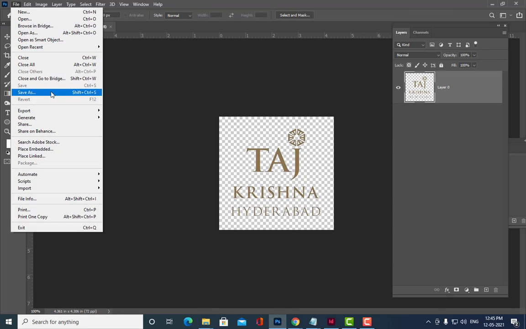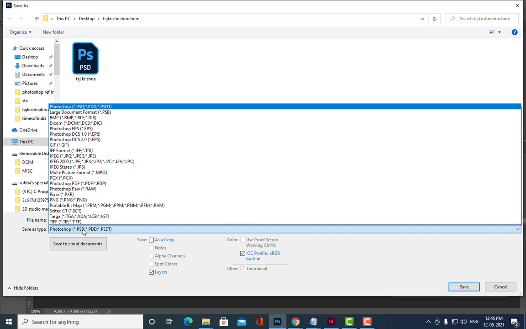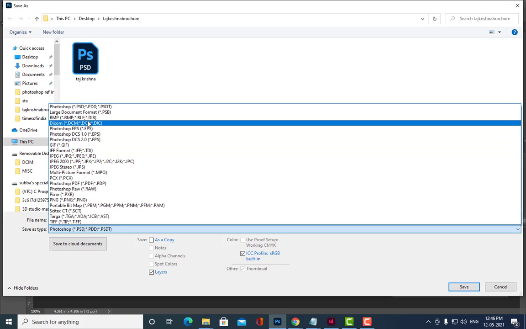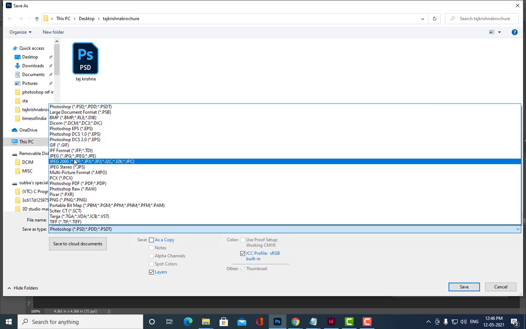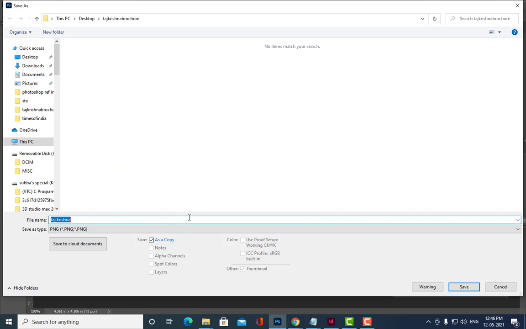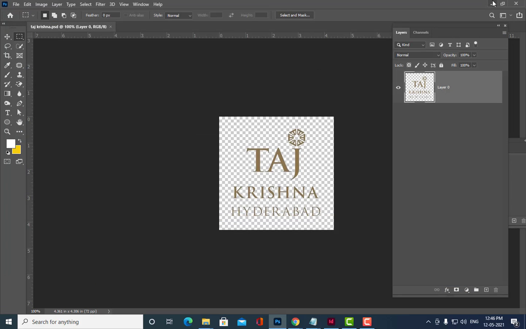Let me save it as PNG. Let us see. Photoshop actually supports transparency, but why did it not support here? There is some problem here. So let me save it as a PNG. Okay, let me now try.